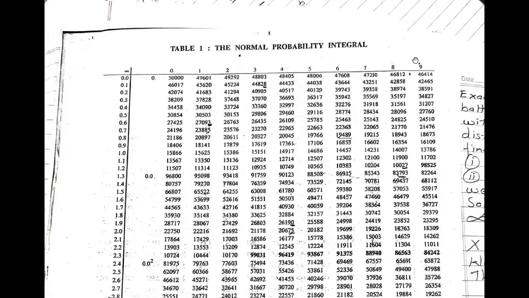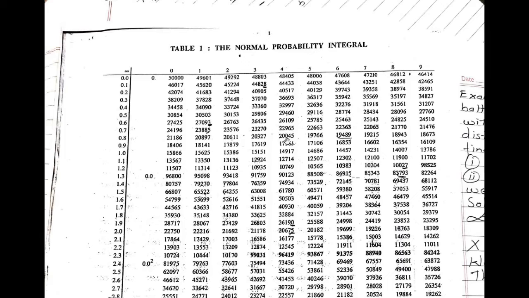Now in this particular part, we have to search for the ordinate. So probability has been given as 0.20. So we will search the ordinate in the probability table. So in the middle part, we will search for 0.20. So if you observe, 0.200 is the closest value to 0.20.